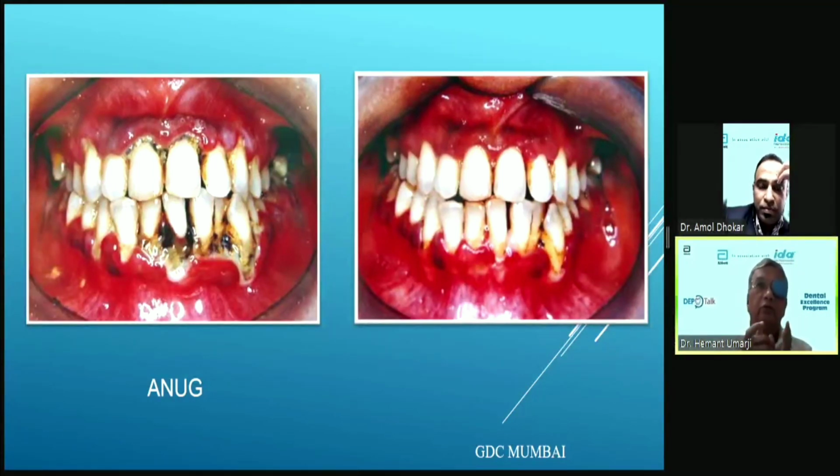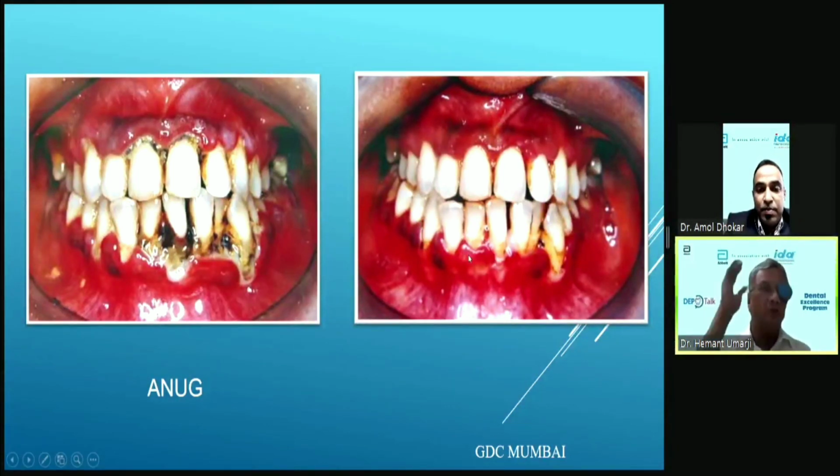So what we can do is we take a syringe with slightly diluted H2O2, and irrigate that area. Or irrigate with water only. With that, the infection will come under control, and by then the metronidazole and amoxicillin will start taking action. And once the patient is comfortable, in the second or third visit, you can do a little scaling. Once you remove the calculus, it improves, and suddenly you find that it becomes quite as good as normal. So post-operatively we found a good result.